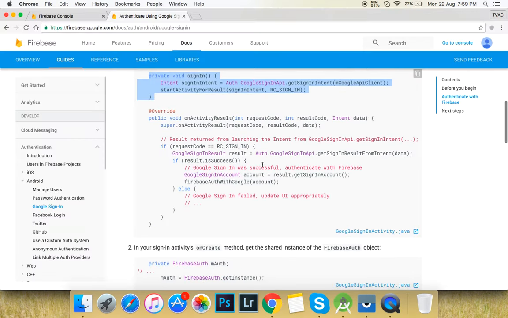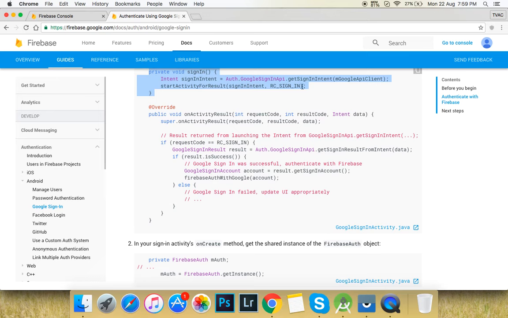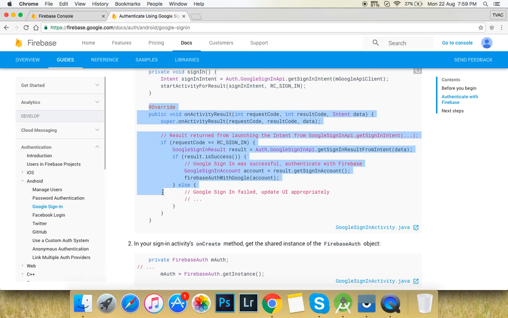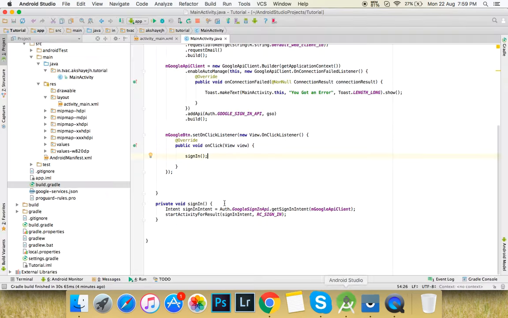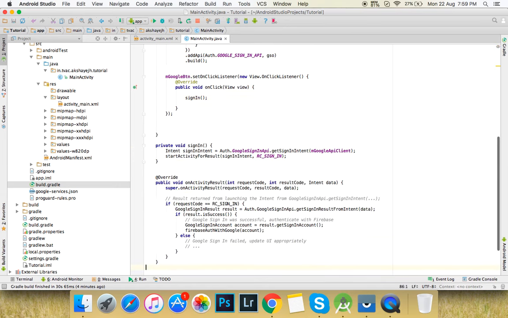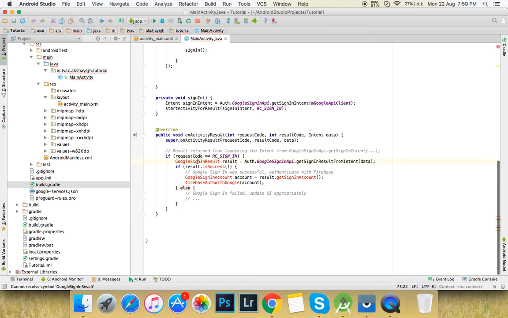Now let's come down here. After the user selects something, it obviously is going to provide some results. What I'm going to do is copy this code and paste it over here. Now this is the onActivityResult method, and inside this